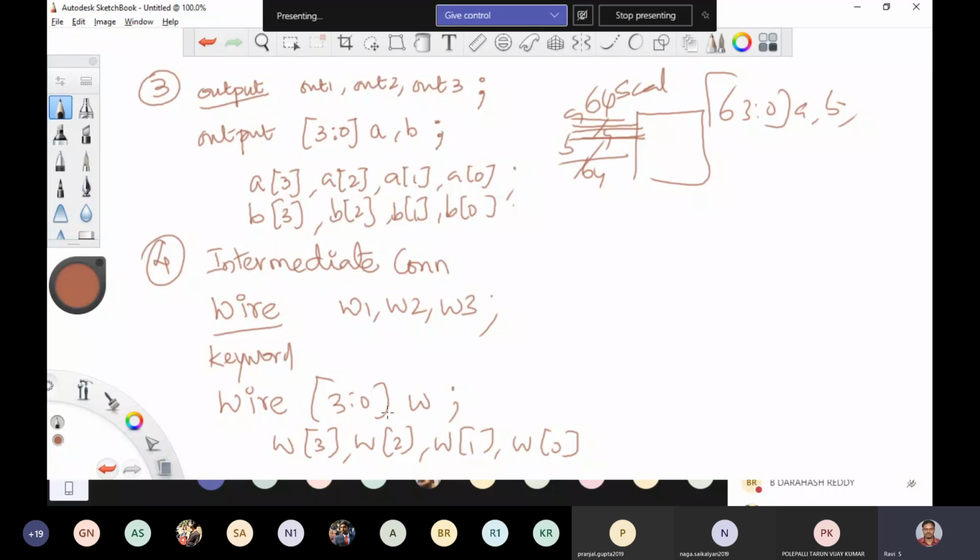So this is the fourth line of your Verilog HDL.